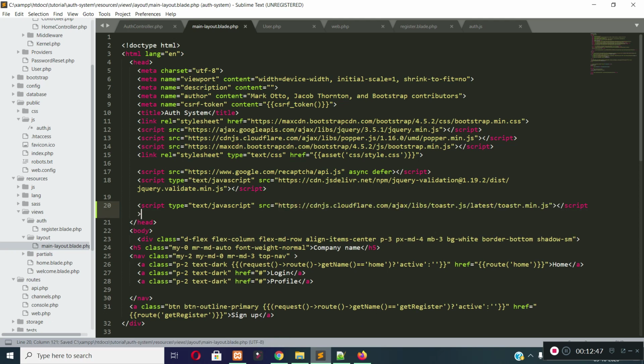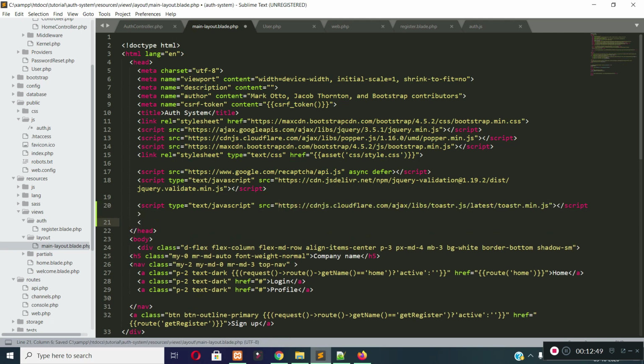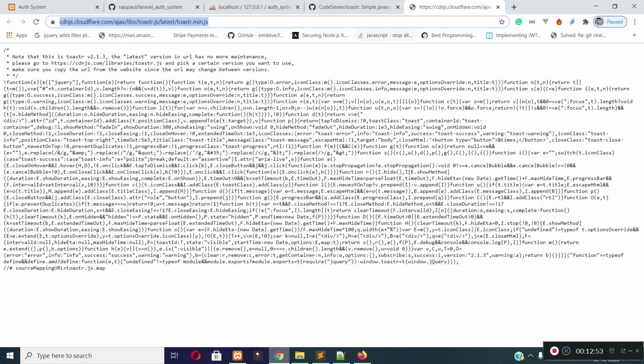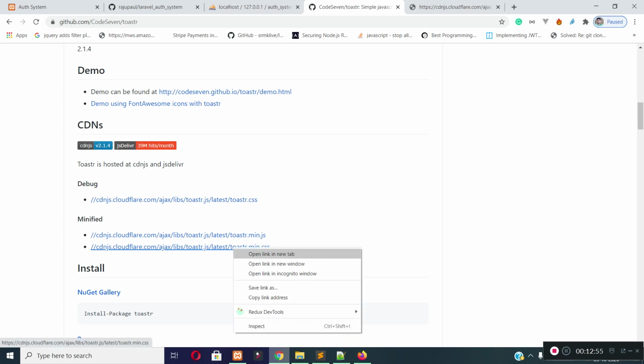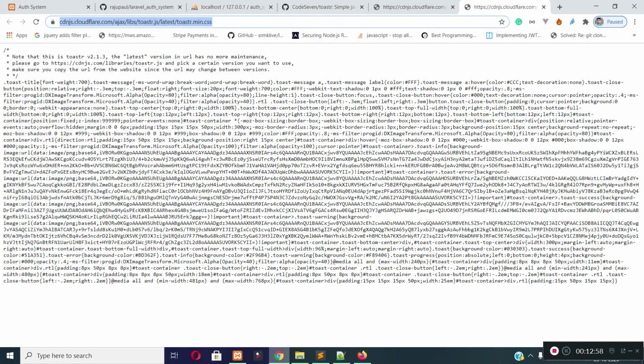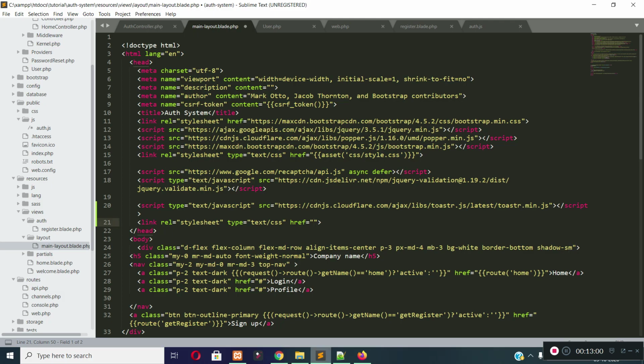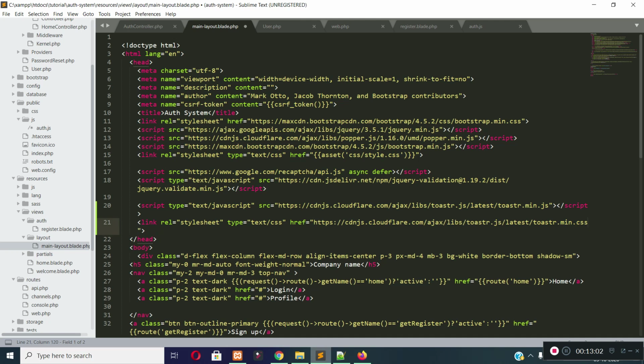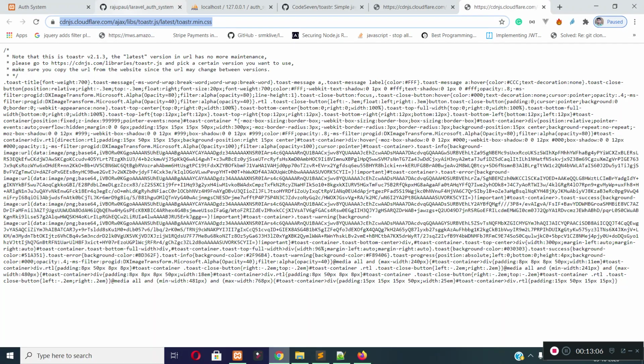We need to include the CSS CDN also. So let's click on this URL and grab this URL from here and let's put it in the href of our link tag. Now let's close this.